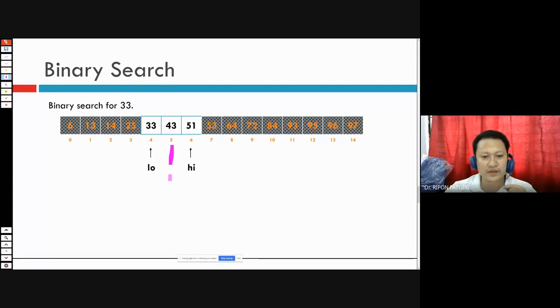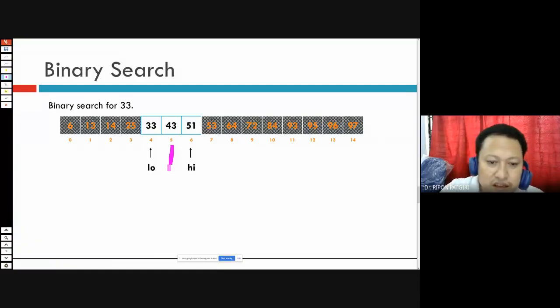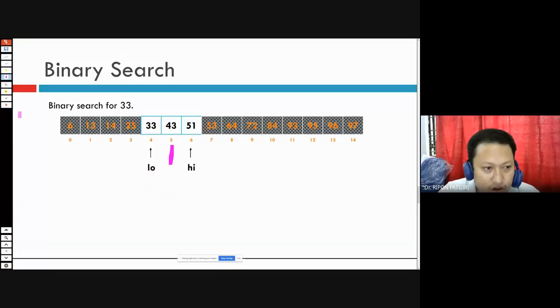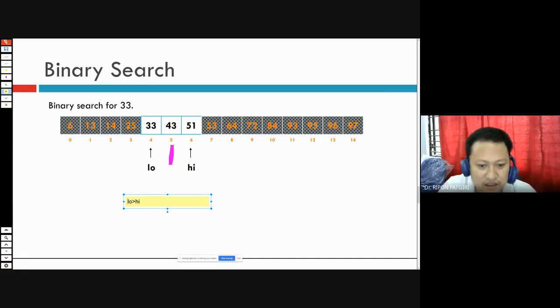So this is the middle. Find out whether 33 is equal to 43. If yes, then return. Otherwise, check left part or right part, and so on. Continue this until it is found, or until the condition low is greater than high.